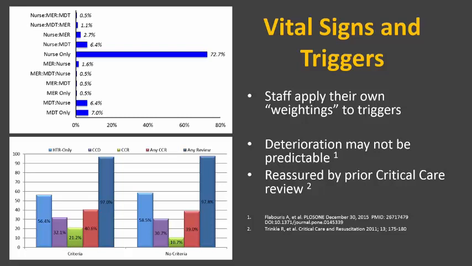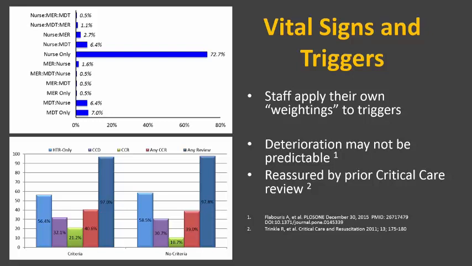So we all have different weightings to the triggers, and then we espouse the theory that deterioration is predictable, but it really isn't predictable. And we looked at the prevalence and the incidence of triggers in the 24 hours prior to an event. We've got a 3-tier response where the nurse is the lower tier, the MDT or the home team view is the middle tier, and then we've got the rapid response team tier. And criteria that go from nurse, MDT to MER were almost as frequent as the pattern of going the other way around. So if you look at all the documentation that's out there on the ward vital charts, there isn't a clear pattern for deterioration in most of the circumstances.